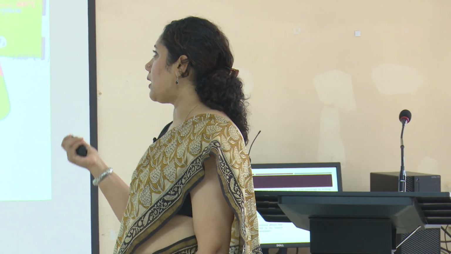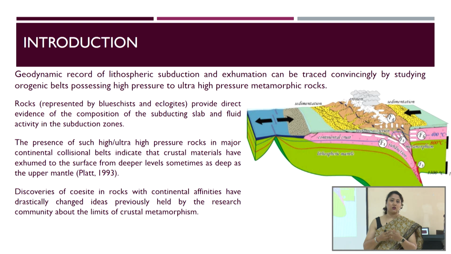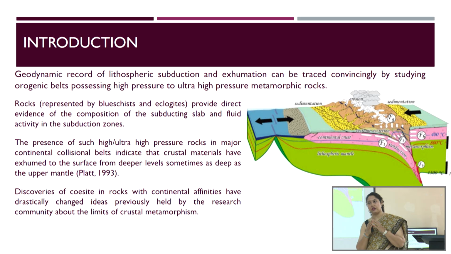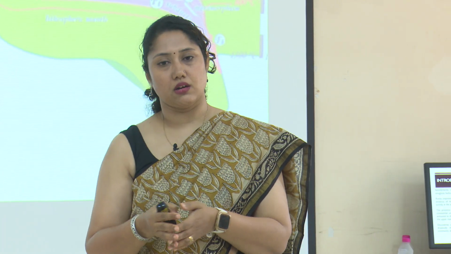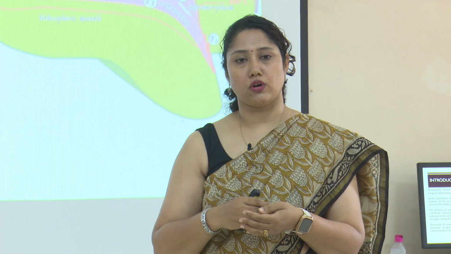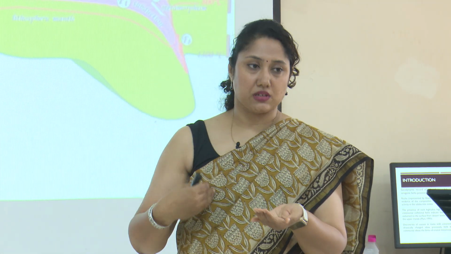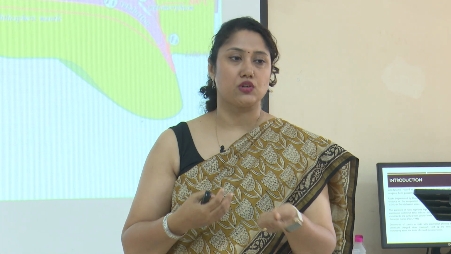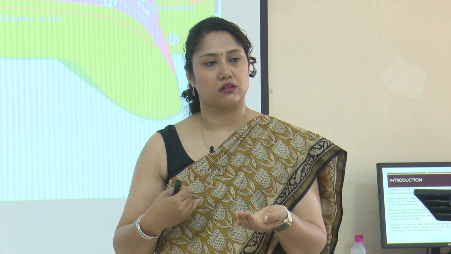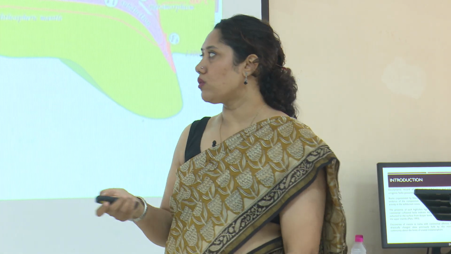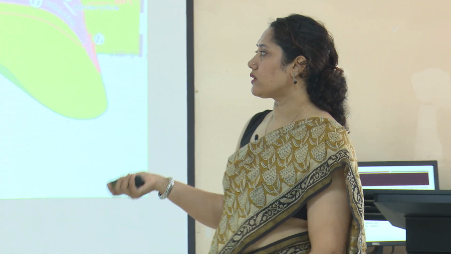How do you understand whether a rock has undergone ultra high pressure metamorphism? It is primarily by the presence of index minerals like coesite, which is the high pressure polymorph of silica, and when you have that present either in its pure form or as a relict, or as a pseudomorph. Most of the time you do not find pure coesite, you find the pseudomorph, or you find the alpha quartz. When you find that, we know that the crust has reached UHP levels, ultra high pressure levels,